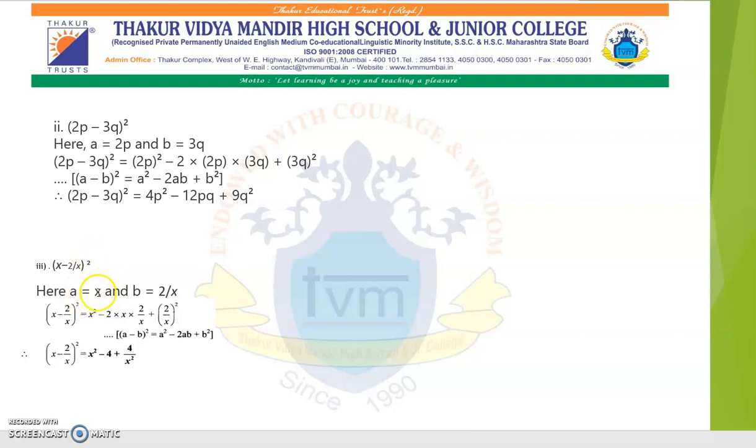Here you will see a is equal to x and b equal to 2 upon x. You have to be careful. This is the fraction here. So, when we find the expansion, we write a square, means x square, minus 2 into a value is x, b value is 2 upon x, plus (2 upon x) whole square. Here x and x cancel. 2 2s are 4. x square minus 4. When we open the bracket, square of 2 is 4. Square of x is x square. Write down here.